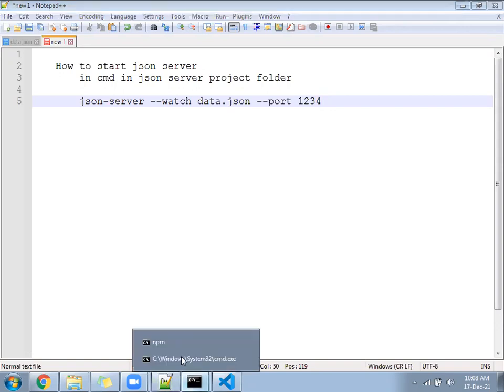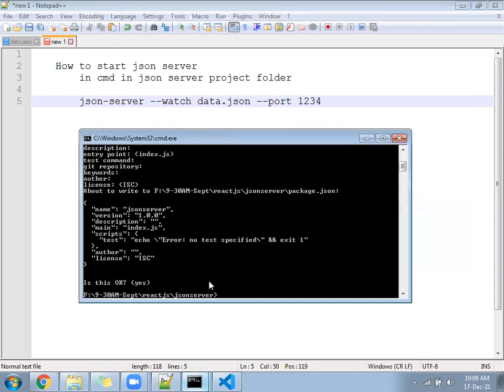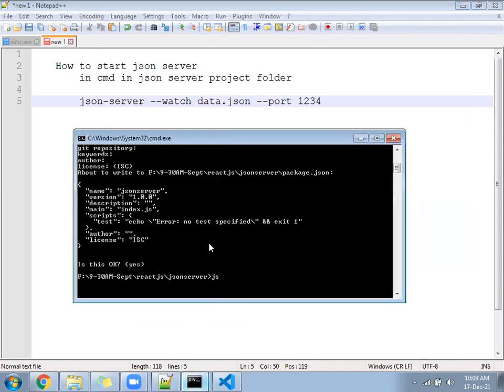Okay, so let's go now, and what we will do is you will write here json-server --watch data.json --port 1234.